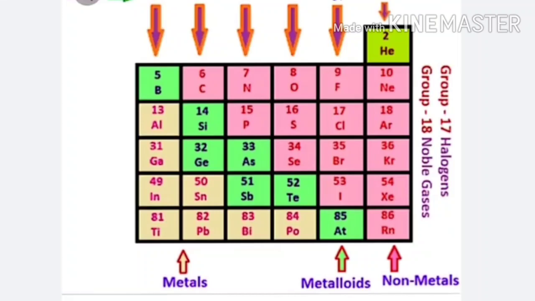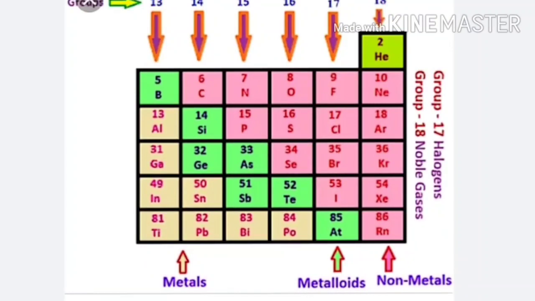The general electronic configuration of oxygen family members is ns2 np4. All these elements contain 6 electrons in the outermost shell. Now, oxygen shows an oxidation state of -2 in its compounds. There are a few exceptions in which the oxidation state of oxygen is other than -2. For example, the oxidation state of oxygen in F2O is +2, while in H2O2 it is -1.